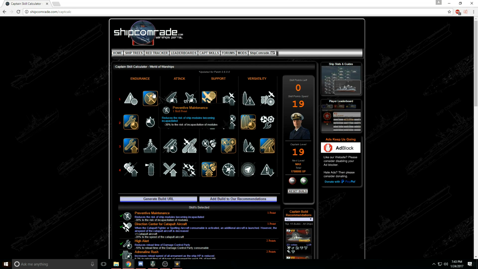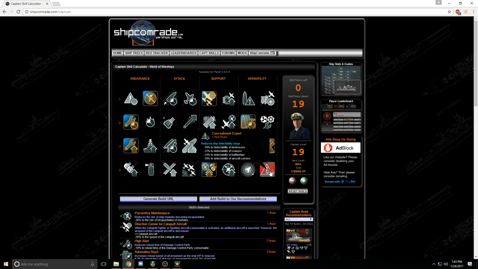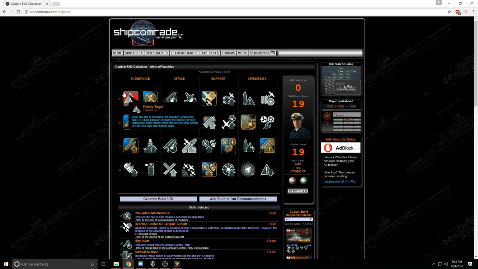It'll help you not lose your guns as much. You tend not to lose your guns too much on the Yamato anyway, but anything that will help is always a plus. So this is a really good basic build. You don't have Concealment Expert, you don't have the manual secondaries, but it's really good at just keeping yourself alive for as long as possible, and I think will do you very, very well in the long run